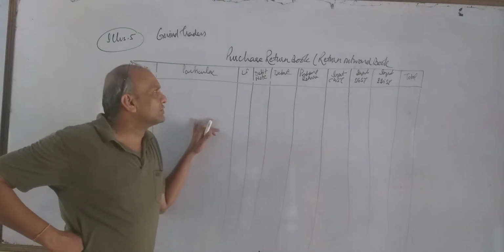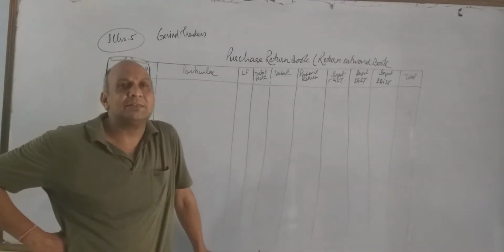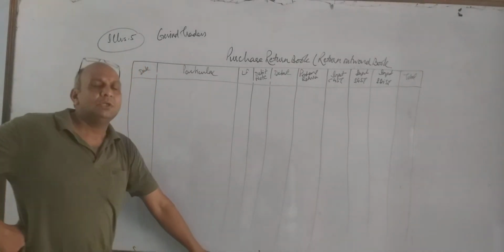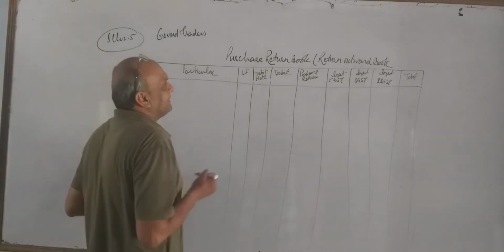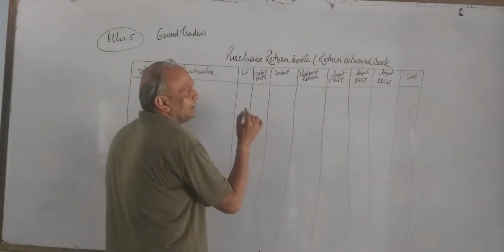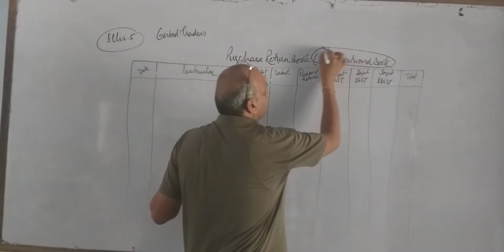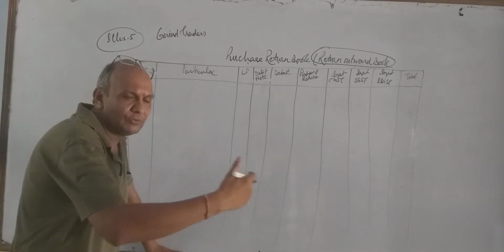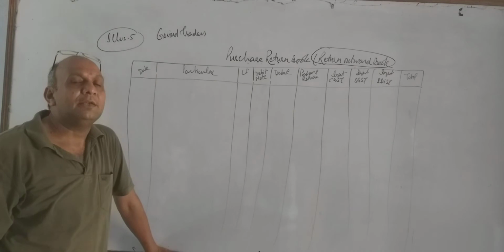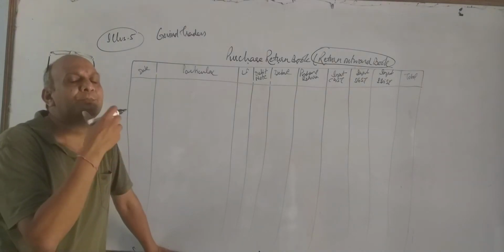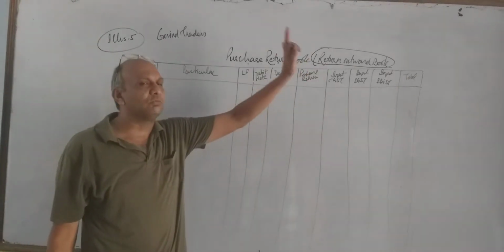As you know, the subsidiary book lesson is in progress and we have already taught you the purchase book and sales book. Today we are doing the purchase return book. It is also known by the alternate name, return outward book. Outward means the goods which are going outside, and when goods go outside, in the case of purchase return, it is known as return outward book.